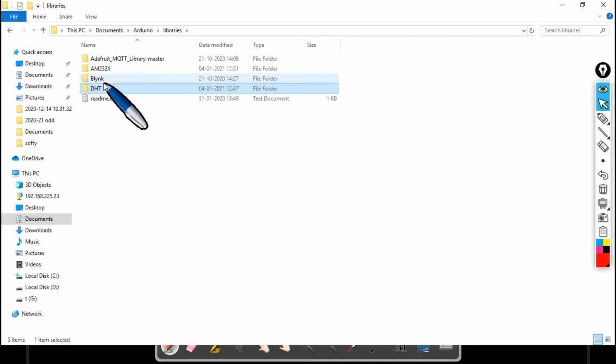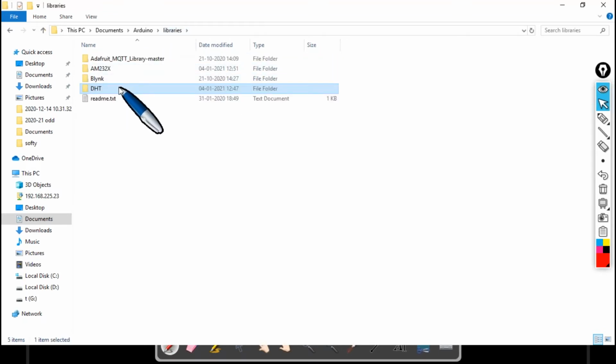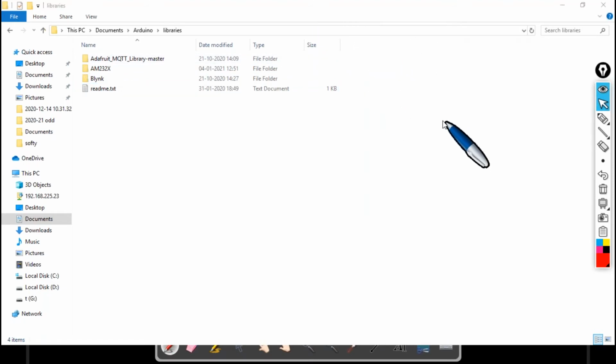Arduino IDE by default extracts that zip file and pastes all its content under this folder. Here is where you can find the files associated with this library, that is the header file dht.h followed by the dht.cpp file. If I want to delete this, all I got to do is select this DHT and shift delete, or you can also do just normal delete. So that's how we can remove already installed libraries. I hope that was the answer for your question.